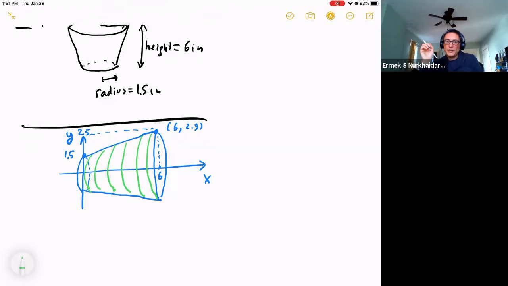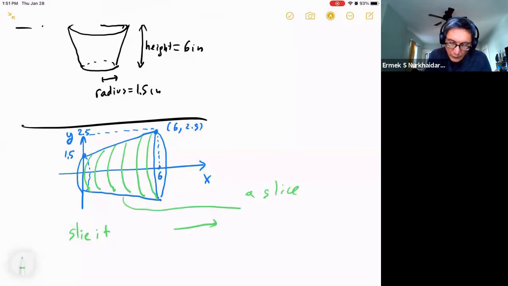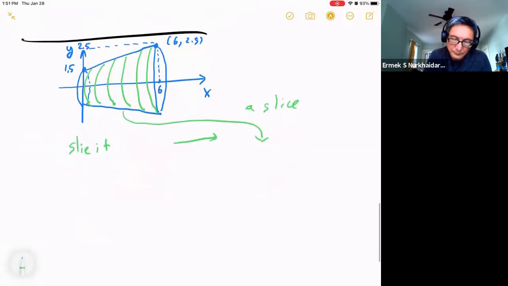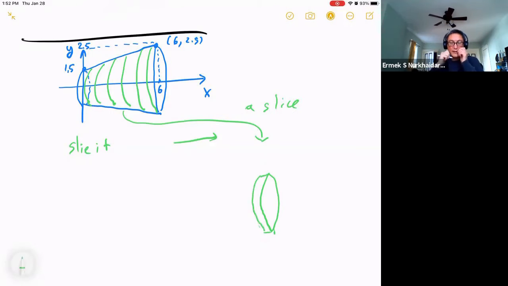And then we're going to pay attention to one particular slice. A slice is going to look something like this, right? So I'm going to now draw a slice. Not much better, but a little bit. So that's how a slice is going to look. Now I'm going to approximate each particular slice. So volume of a slice is approximately equal to